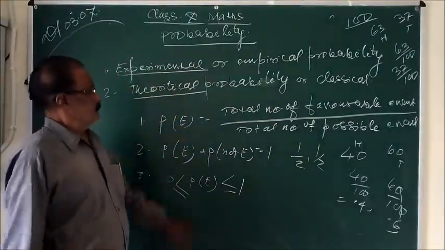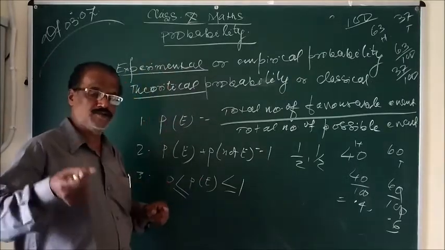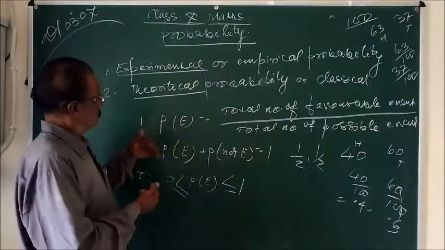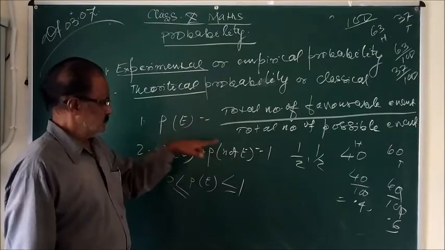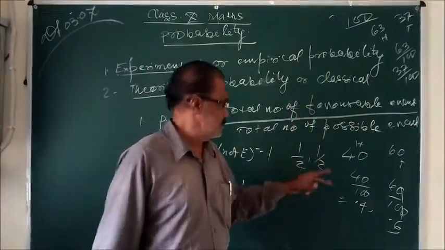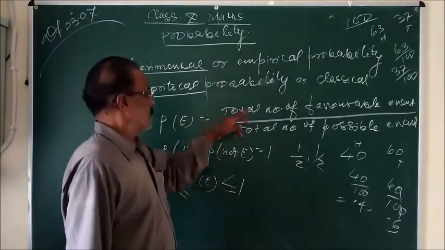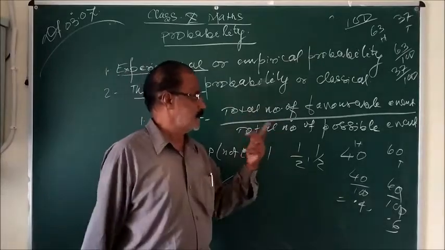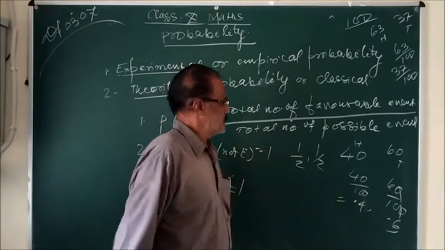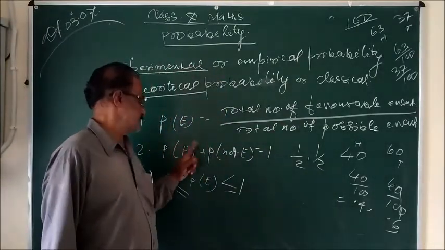So theoretical probability is on the basis of actual action, actual activity, and this is very close. So you can see here the sum of all the observations, head and tail, will be 1. So this is called probability of event: total number of favorable outcomes of the event over total number of possible outcomes, and the sum of elementary events